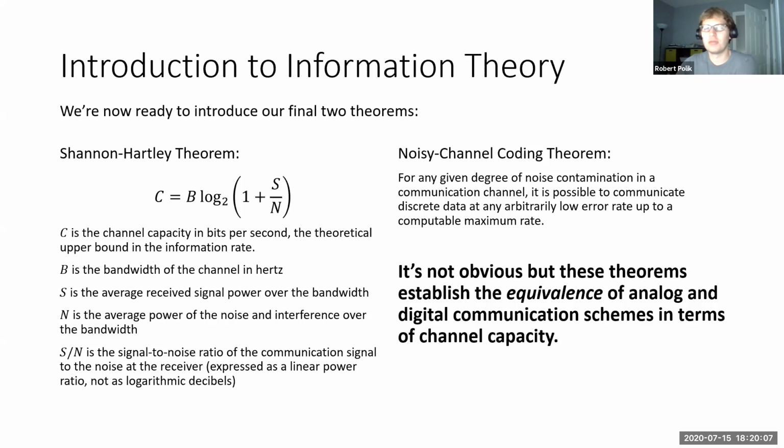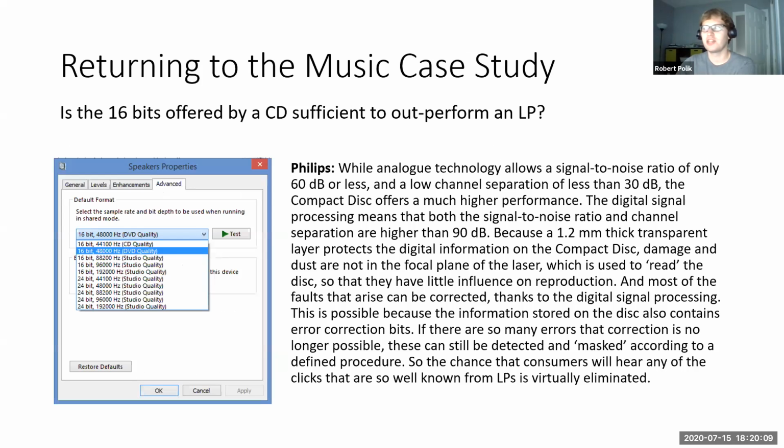I do have some of his writings later on in this presentation, but so we're going to assess this, and I'm actually just going to read a whole paragraph from the Philips website because they explain it much better than I can. But we are asking the question specifically, like, hey, these 16 bits offered by a CD, an LP has infinite bits because it's an analog system. And anywhere between the bits you can go. You got it all. But what does Philips have to say?